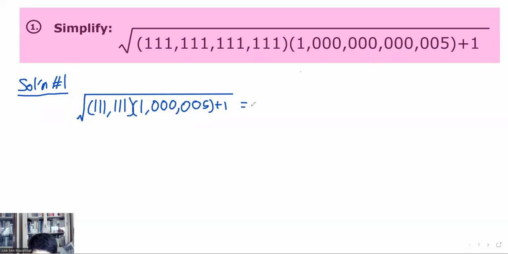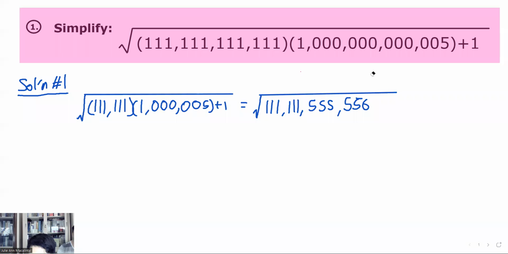So this number can be evaluated by your calculator. When you evaluate it on your calculator,